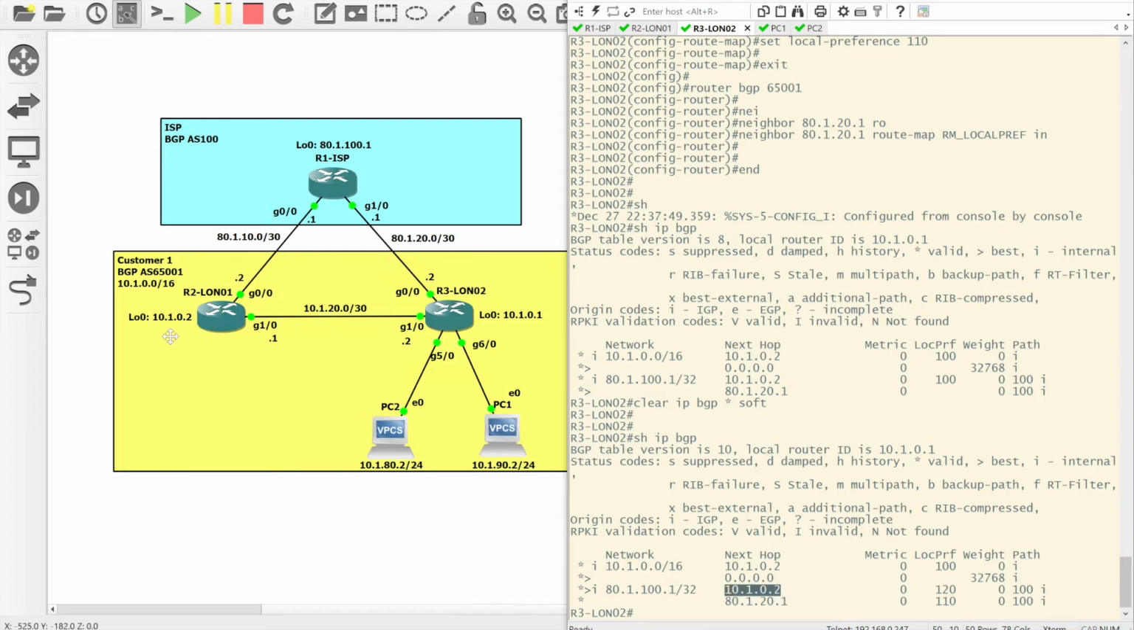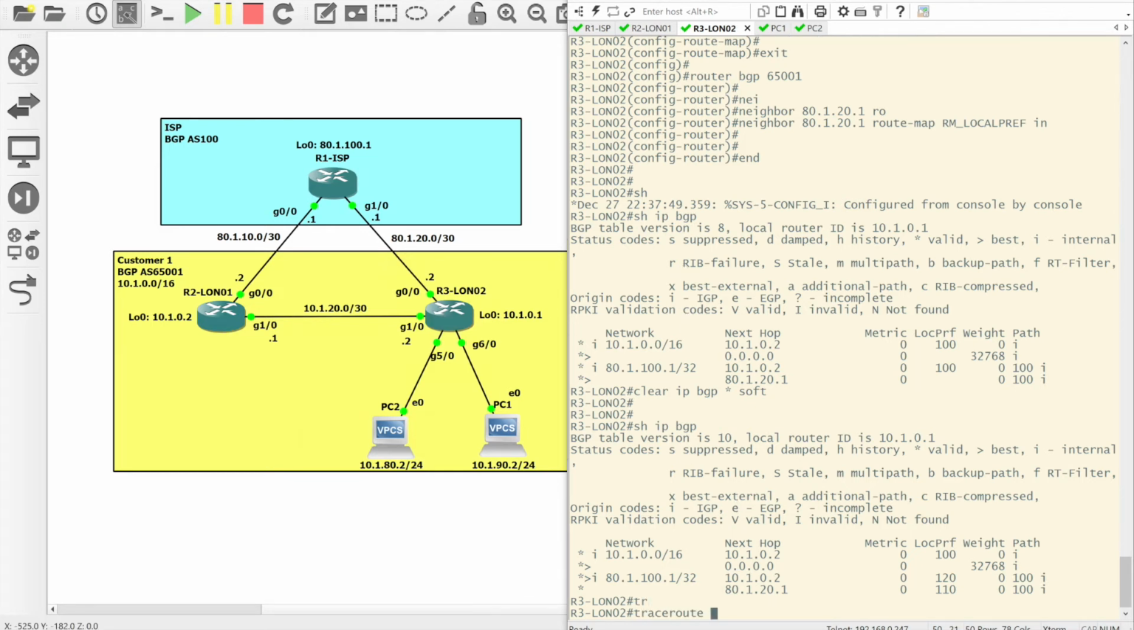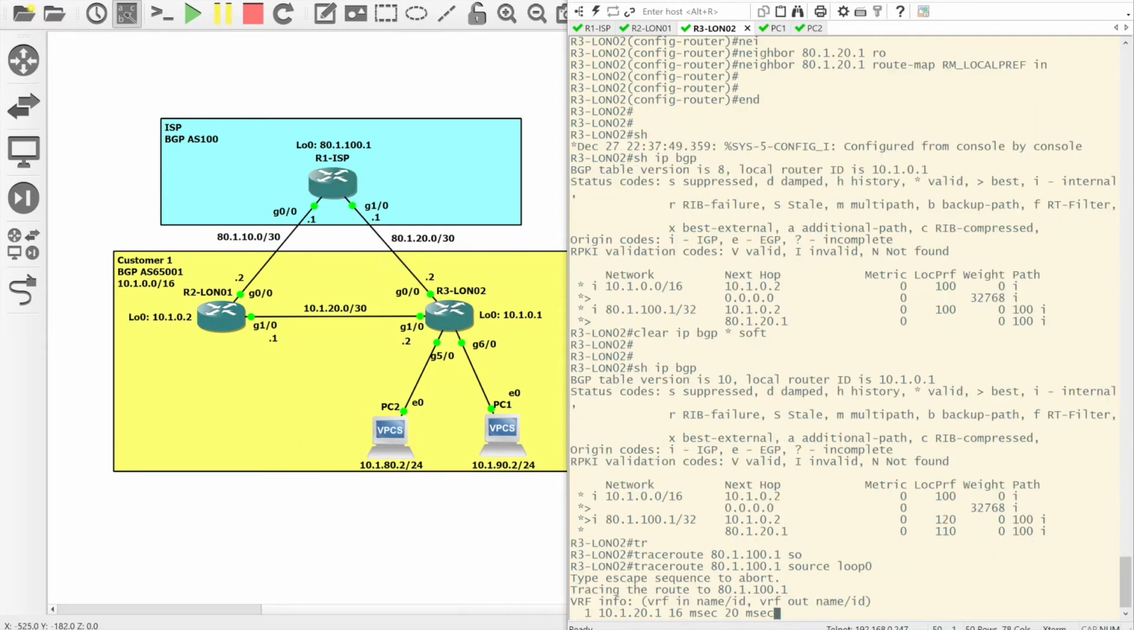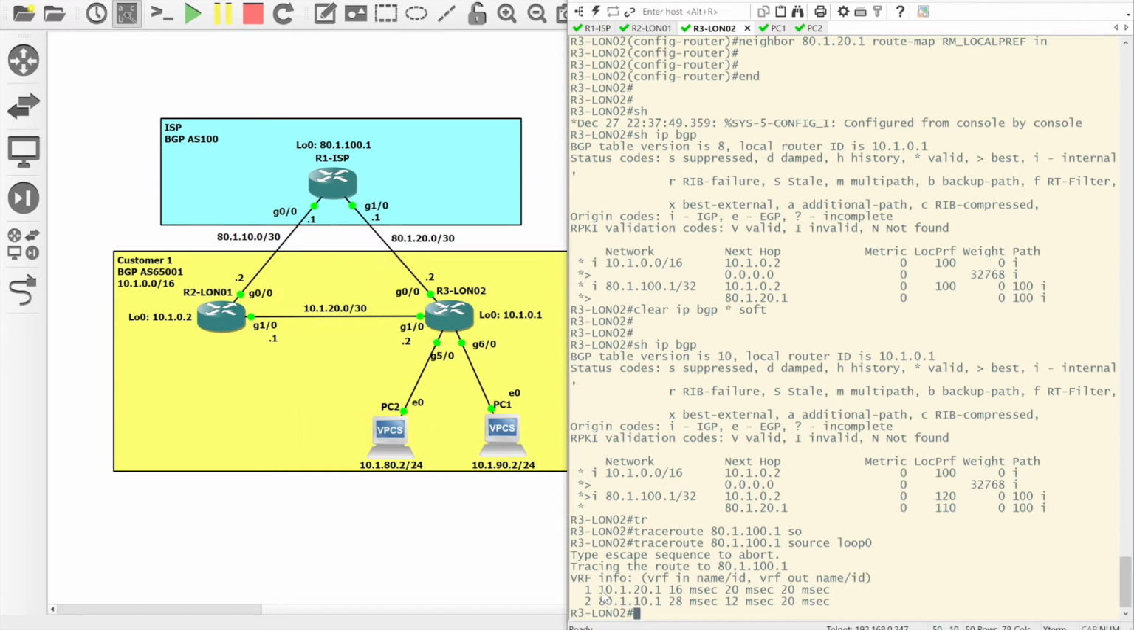So that is the loopback here. So what we should see now, whereas before, if we were tracing to 80.1.100.1, sourcing from the loopback, it would have gone straight up this interface here. If we do that now, we should see that it goes to 10.1.20.1 first, which is London 1, and then it goes up to the ISP router. So what we're seeing here is the outbound traffic is now been manipulated to go across and up instead of